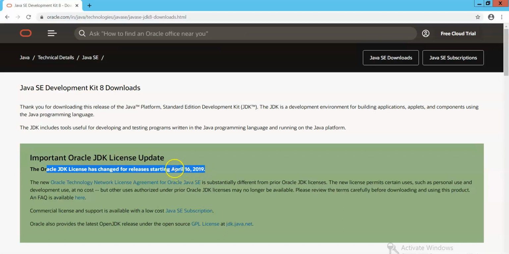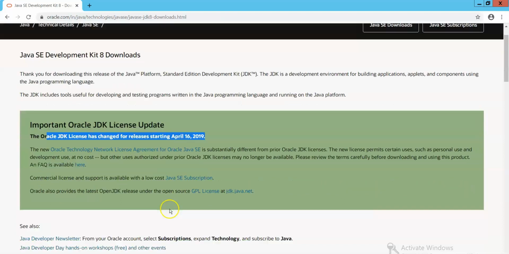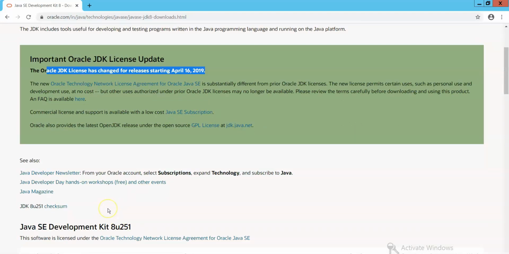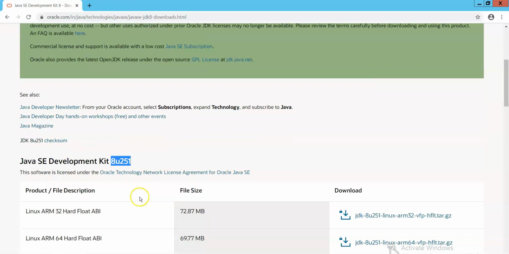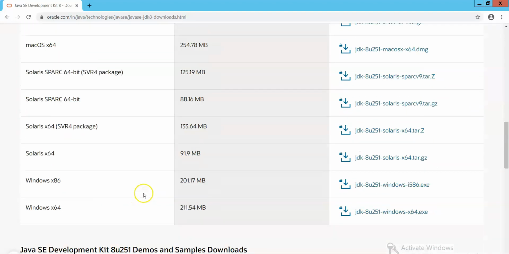So from this date onwards, Oracle made the Java version as licensed version. Okay. So for our automation purpose, it would be better to download Java SE JDK 8U251. So it is enough for us.